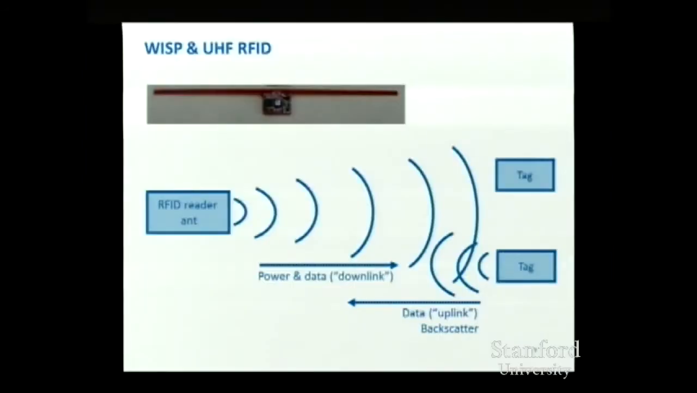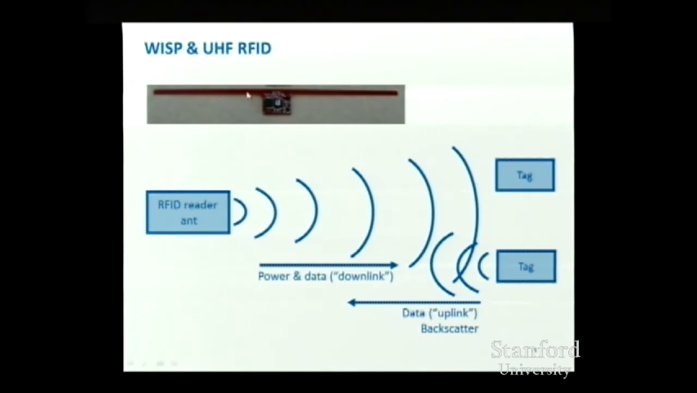So the first system that I'm going to describe is called WISP, which stands for Wireless Identification and Sensing Platform. And this is basically a UHF RFID tag that we created from scratch. So typically the way RFID works is there's a reader that emits, in this case, 915 megahertz RF carrier. The tag rectifies that RF energy and uses it to power some digital logic. The way the tag communicates back to the reader, instead of having its own radio transmitter, oscillator, all that stuff, it uses a technique called backscatter, where it simply